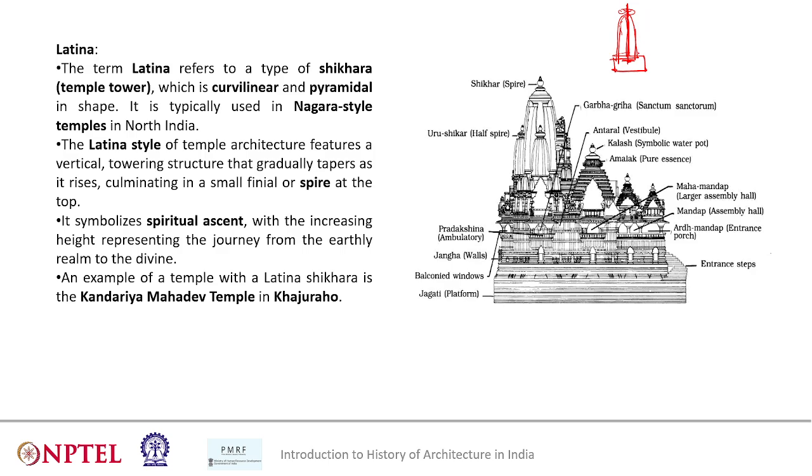So if you look into this Latina style of temple, you'll see that the verticality is maintained with the help of spires. There's a central spire, as you can see in this image also, which is topped by something called the amalaka. The amalaka is a very important feature in the Latina style temple. And the word Latina is basically derived from the word lata. Again, lata means creepers.